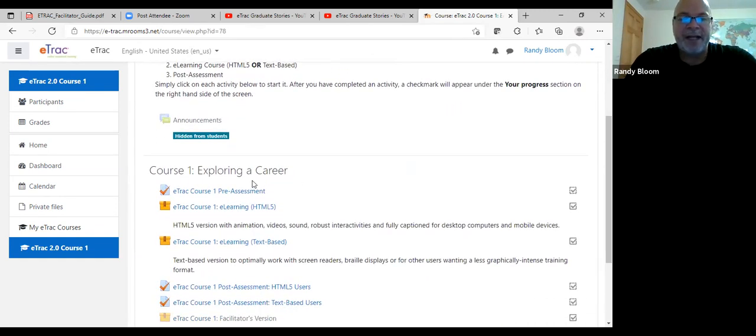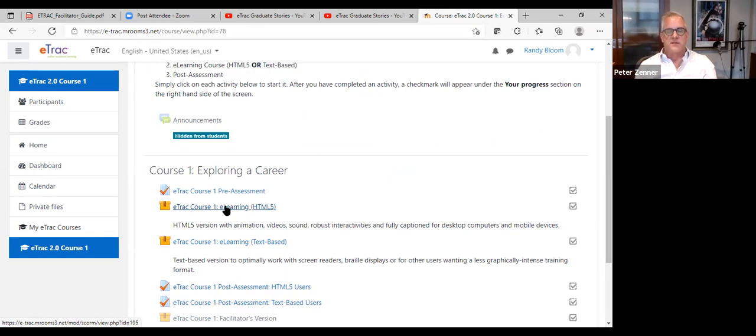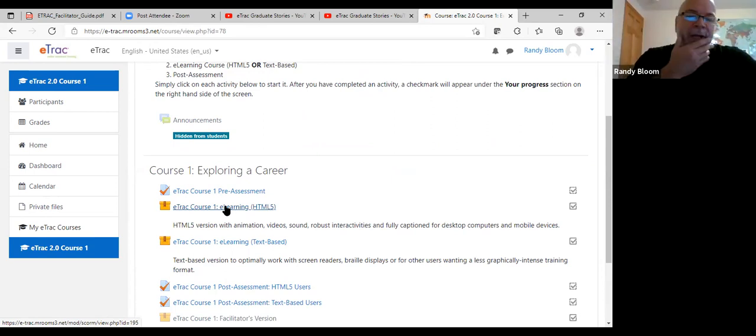So that's the pre-assessment. To actually enter the E-Track course, then you'll go down here, and as Peter mentioned, the HTML5 for accessibility is working pretty well, Peter, versus the text version. Is that a summary that we've kind of come across from SSB? Yes, absolutely. And they gave me some recommendations that I'm in the process of implementing. Excellent. So yeah, we'll be looking at and improving that as we go along.